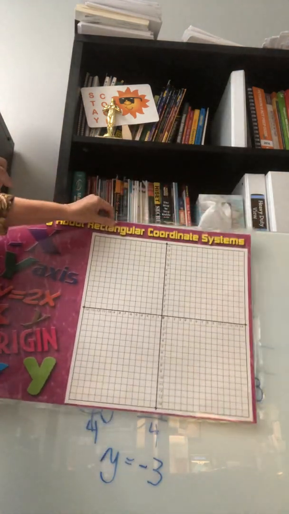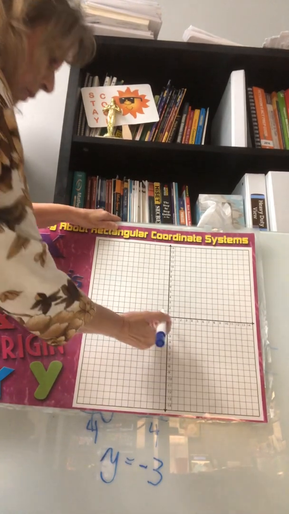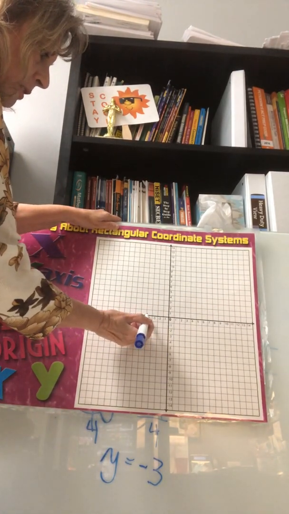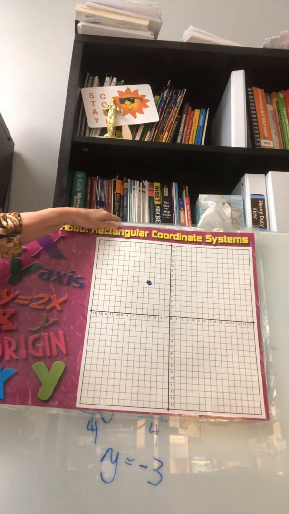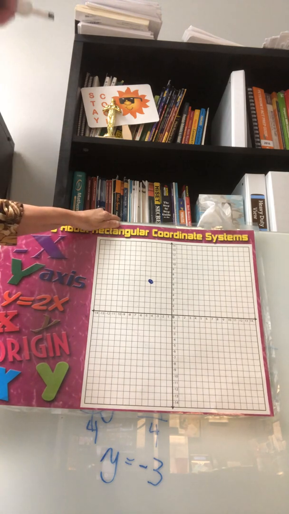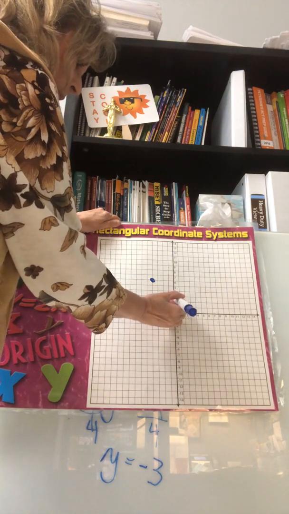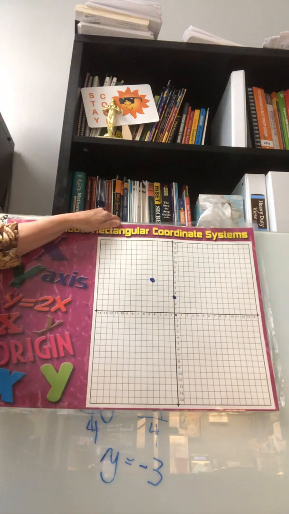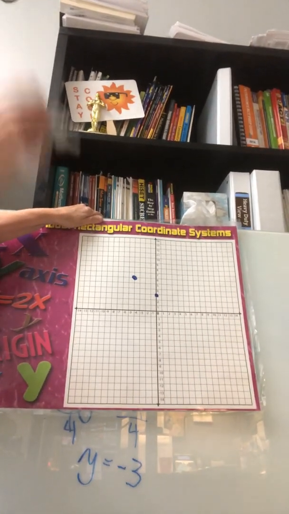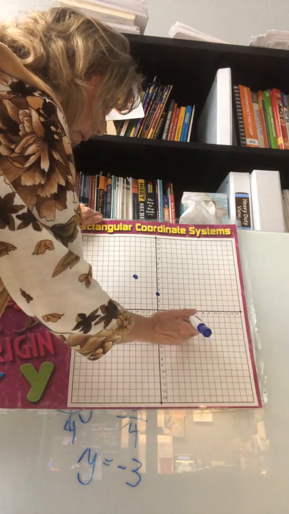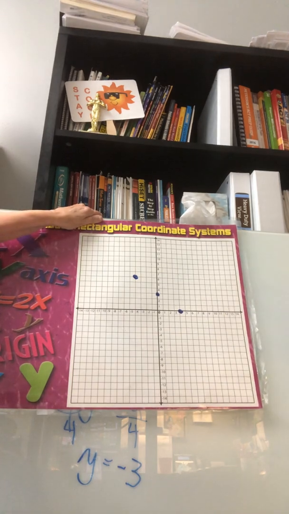Okay, so here is my graph. First point, negative 4. Walk over to negative 4, right up to 6. So that point right there, there's negative 4, 6. Next point is 0, 3. 0 on the x, up to 3 on the y. 0, 3, right there. Next point, 4, 0. Walk over to 4, and it's 0 on the y, so it's going to be right there on that line. And our